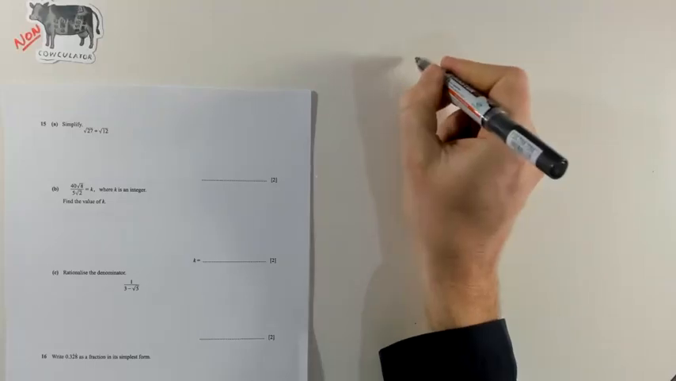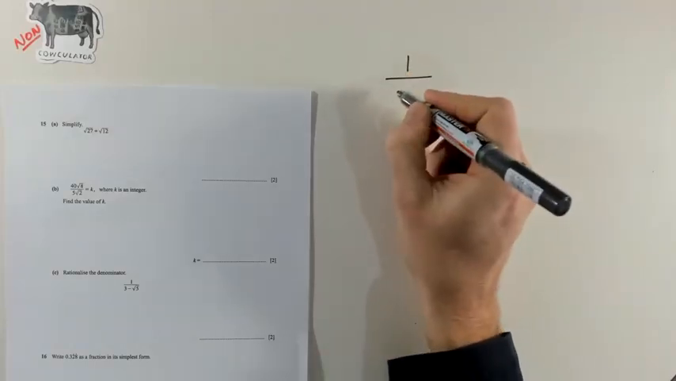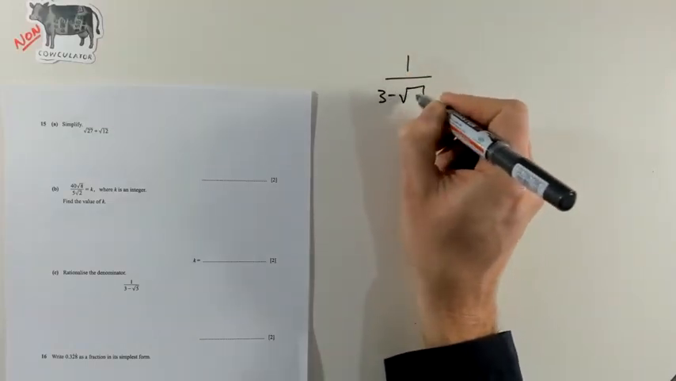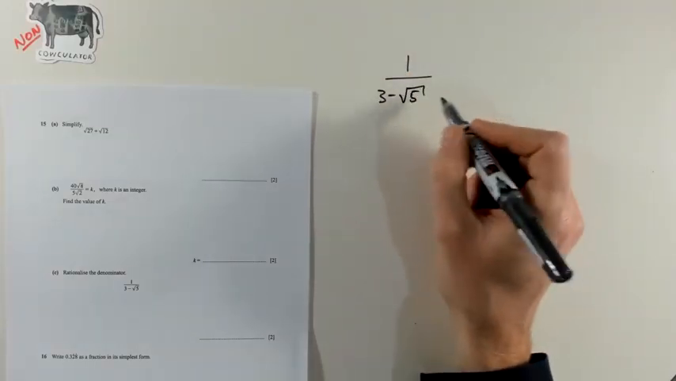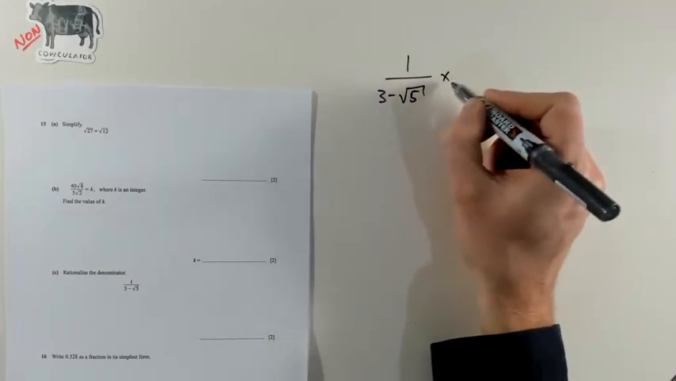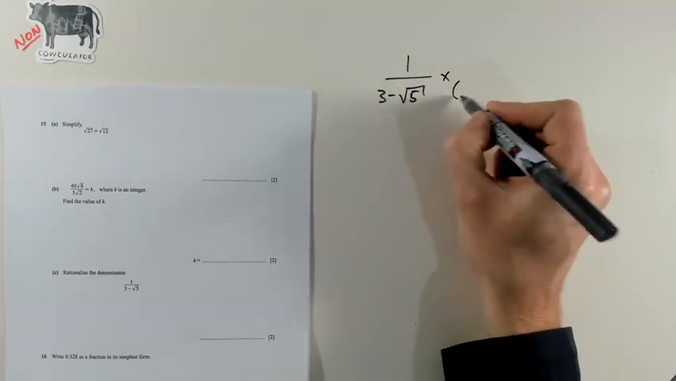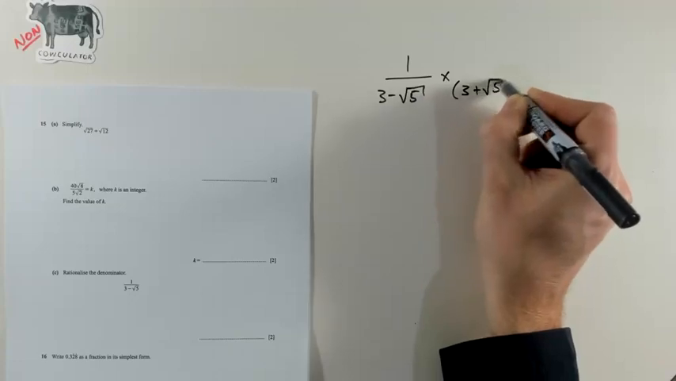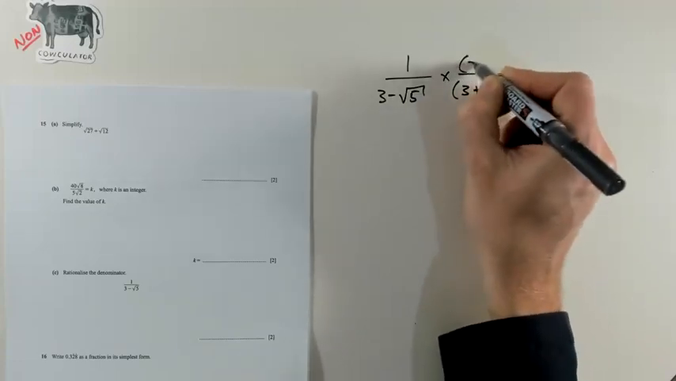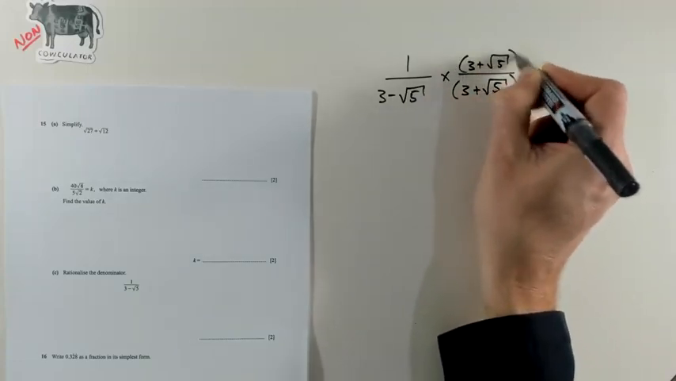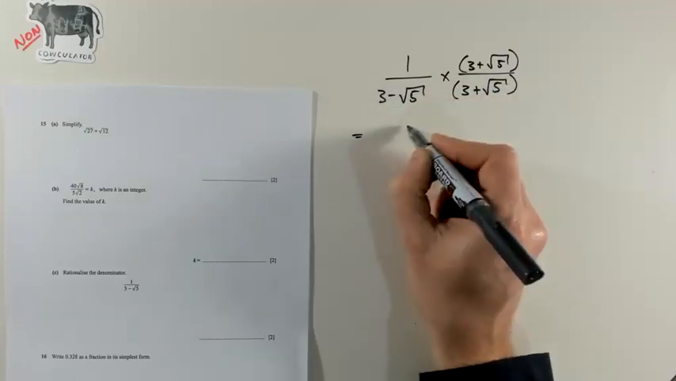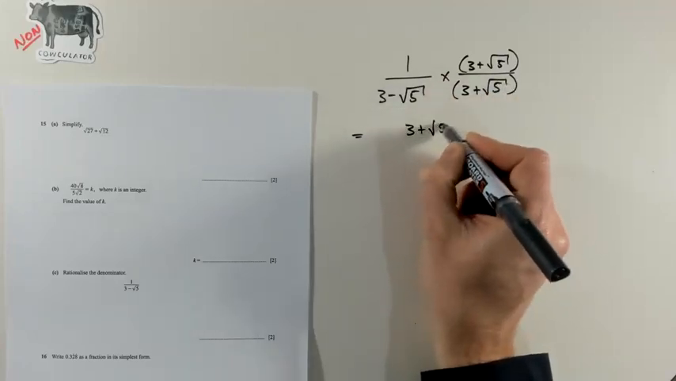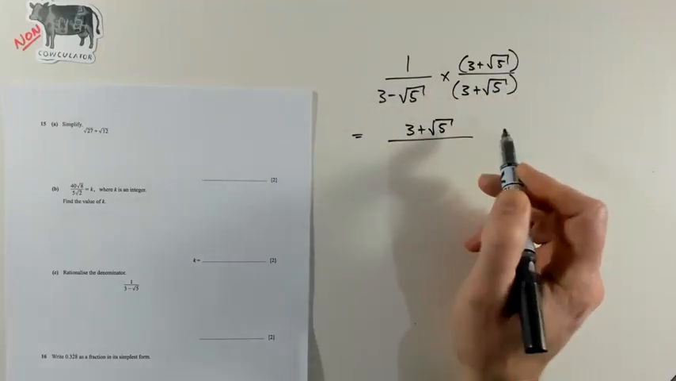So they're asking us to rationalize the denominator, 3 minus the square root of 5. And this one has a trick. So instead of just multiplying by the same thing, I'm going to multiply by 3 plus the square root of 5, top and bottom. So at the top, we're just going to have 3 plus the square root of 5. It's just going to stay like that. But at the bottom,